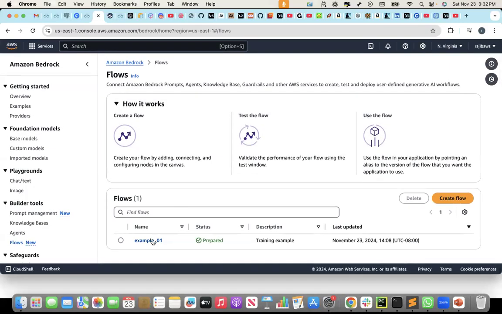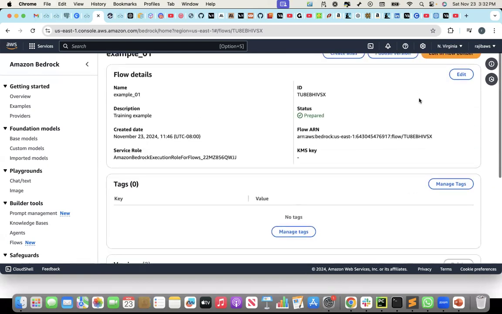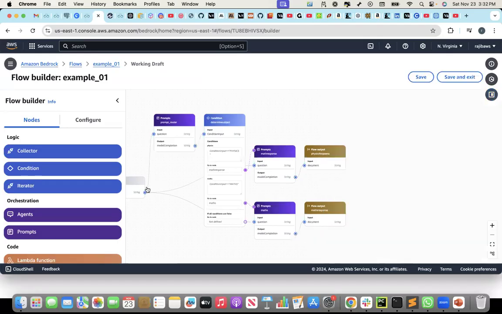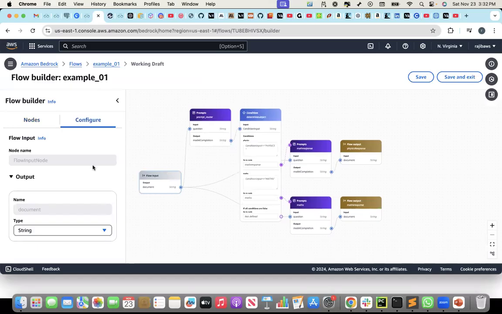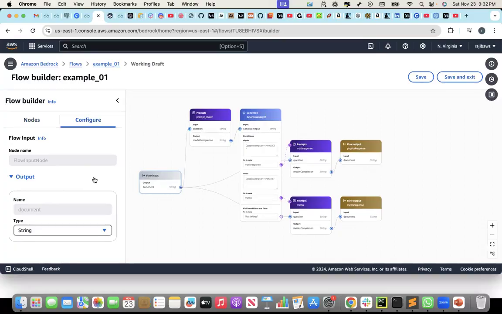So I have already created a flow. We'll create this flow again from scratch. Let me actually show the flow to you. Let me edit it, right? So what I have created is, this is the input node. As I mentioned, the input node is one per flow, and you must have an input node, right? This is what takes the input,